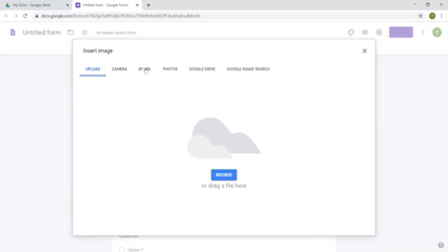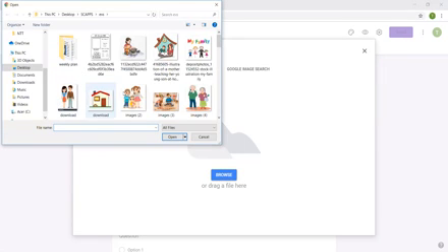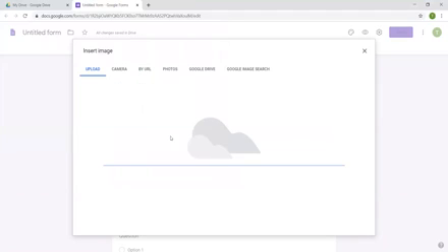You can take an image from any link, from Google Photos, or from Drive, and you can also search for photos directly in Google Image Search. I have the photos on my laptop, so I am taking the photos from here. I'm taking the photos of grandparents, and now it is loading.